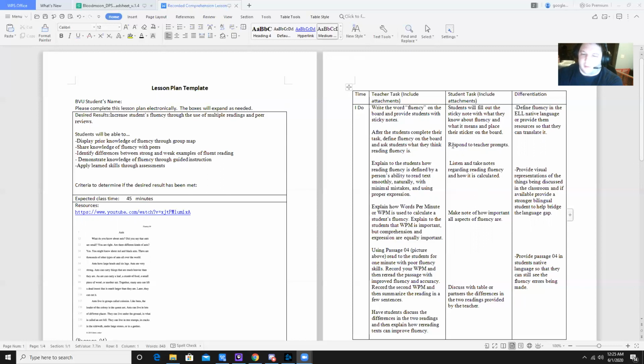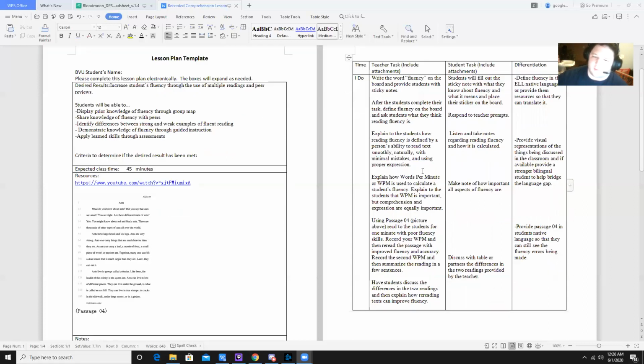It'll just be a little back and forth, whole group discussion about what their background knowledge on fluency is, how they think that applies to reading, and then obviously it would go into explaining to the students how reading fluency is defined by a person's ability to read text smoothly, naturally, with minimal mistakes, and using proper expression. So all those facets of fluency that we've talked about in class are mentioned in here when we're talking about fluency. They're not all going to be touched on because that would be a huge lesson, and that's a lot of components to